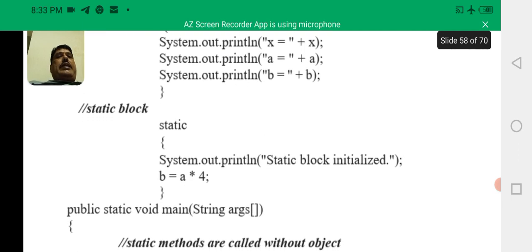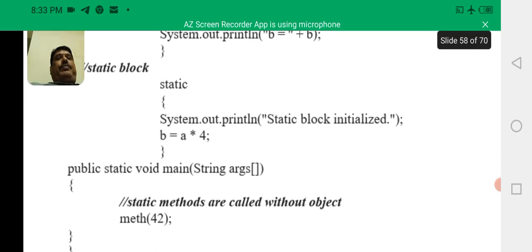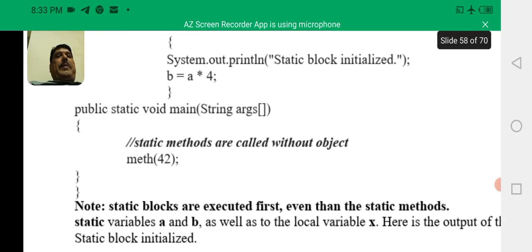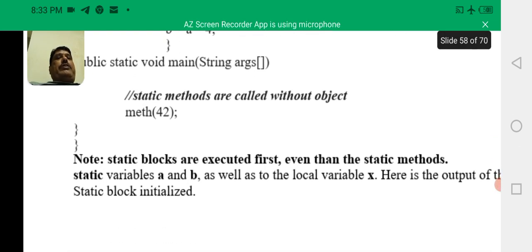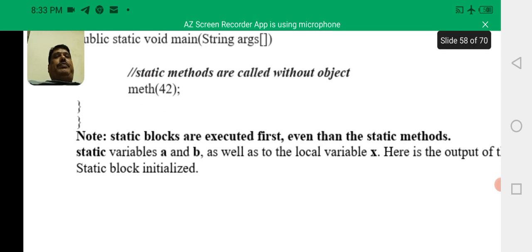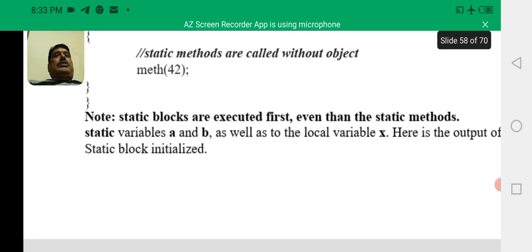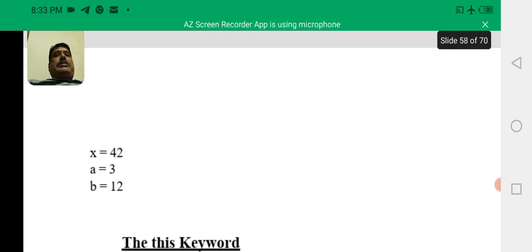Static block, static, System.out.println static block initialized, b equal to a into 4, public static void main String, meth of 42. Static methods are called without object reference. Static blocks are executed first, then the static methods. So the output of the above program is x equal to 42, a equal to 3, b equal to 12.